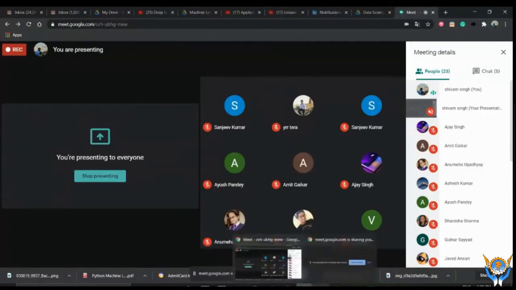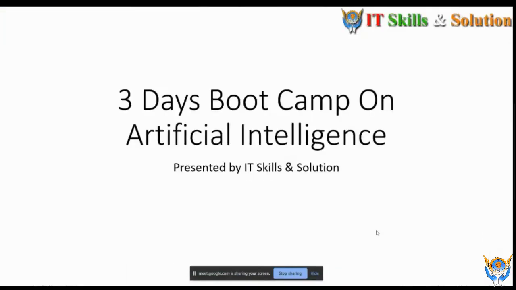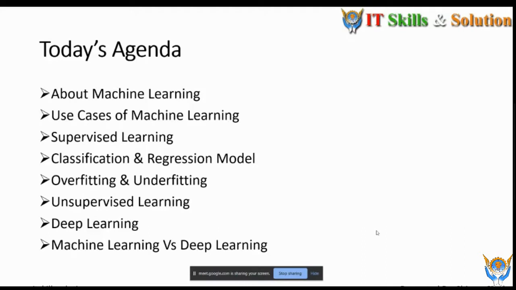So in this boot camp, I think we have already shared a PDF file with you, in which you have seen what we are going to cover in these 3 days. We are going to cover the complete machine learning tasks. The whole idea behind this boot camp is to show you something like multi-class image classification.